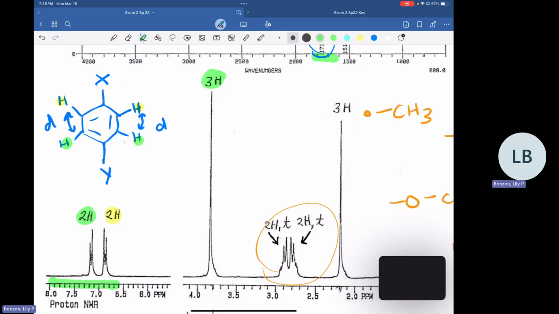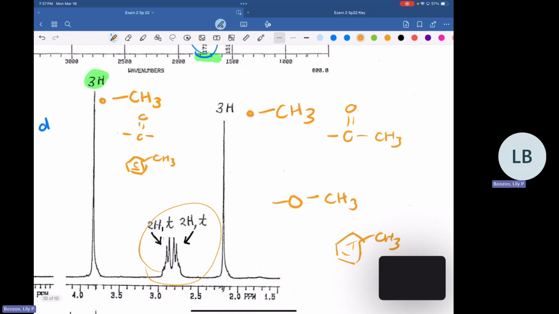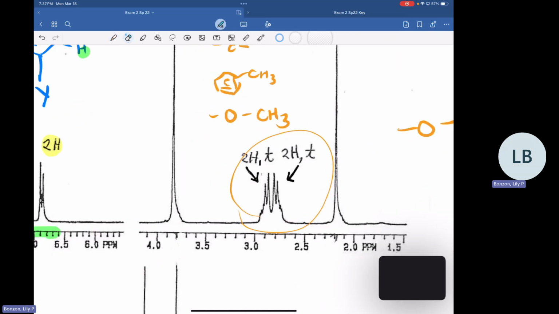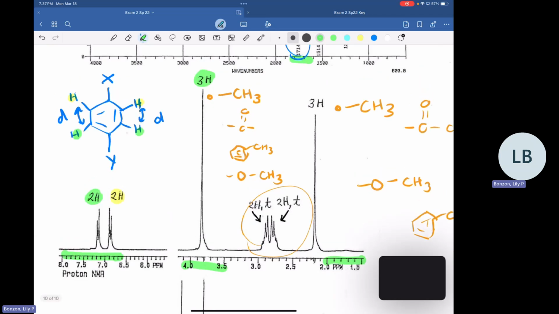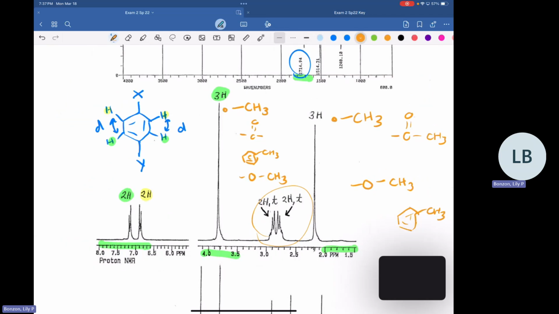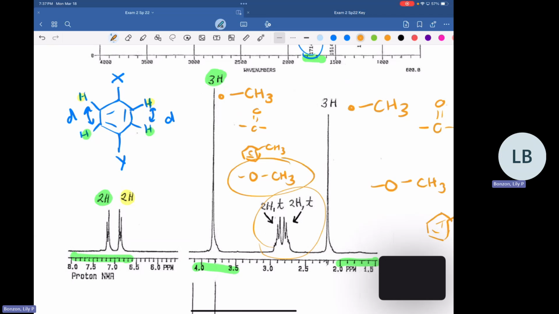So we've got a 3 hydrogen peak here. Again, that means we've got 3 hydrogens on that carbon. Again, we have a singlet. So this one is also going to be connected to maybe a carbonyl, maybe connected to the ring itself, or connected to an oxygen. And so this one is very far downfield, deshielded. It's in the 3.5 to 4 range. Normal alkyl peaks are generally in like the 1 to 3-ish range. 3 is kind of getting up there. So I'm going to say that this one in particular is going to give us our ether peak.